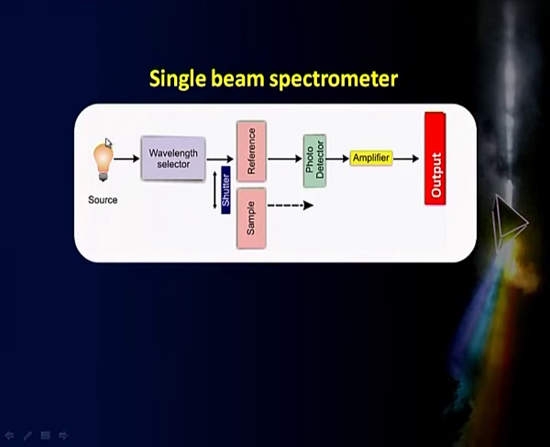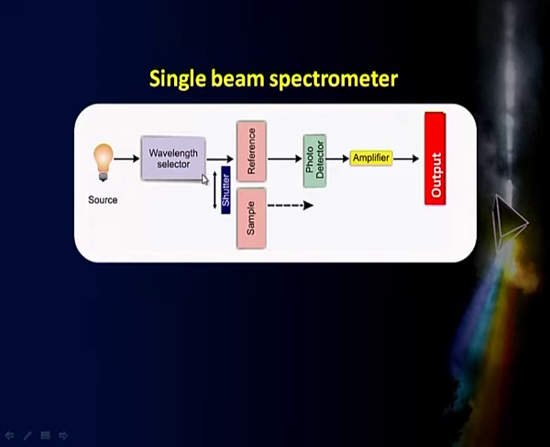From the source I am getting radiation of different wavelengths. It is a polychromatic source. So, I must use some kind of wavelength selection device, which may be a filter, or a monochromator, or an interferometer, or whatever. So, there has to be some device of this kind there. And then after this wavelength selection, the radiation which comes out of it falls on